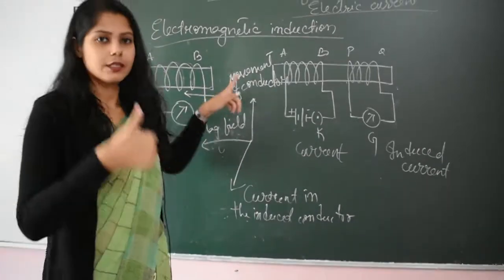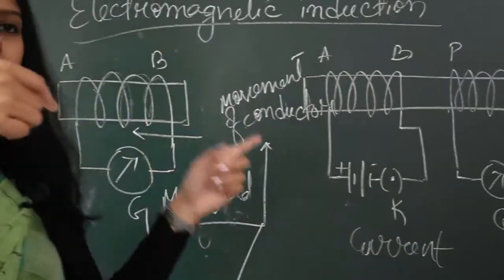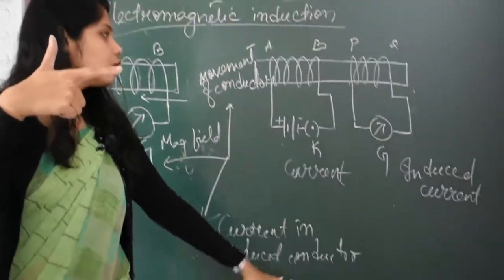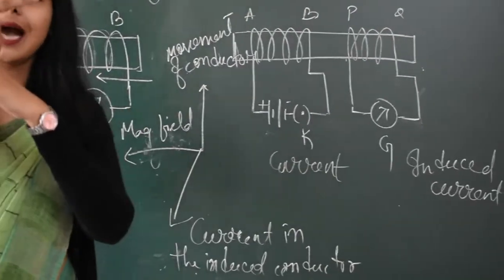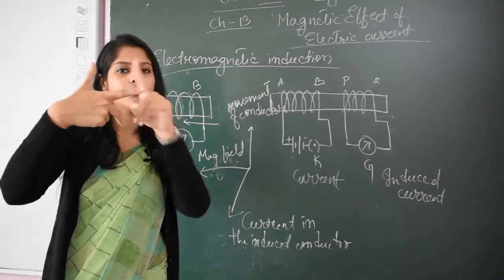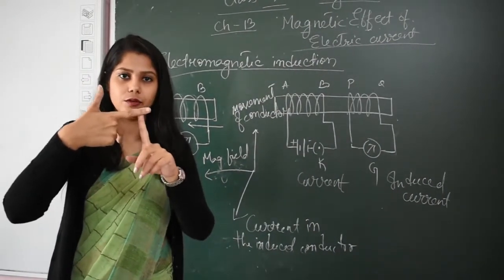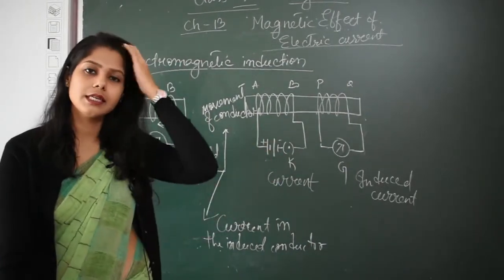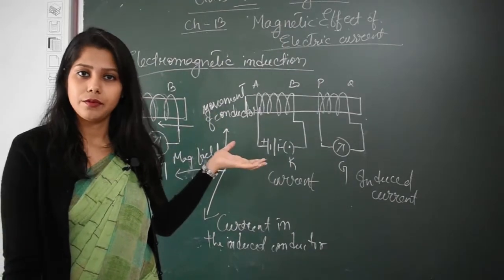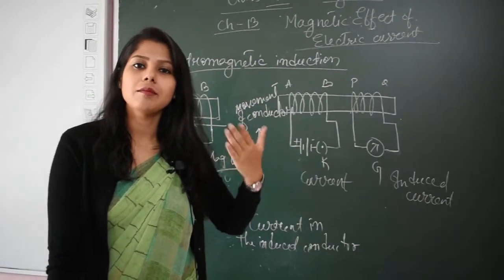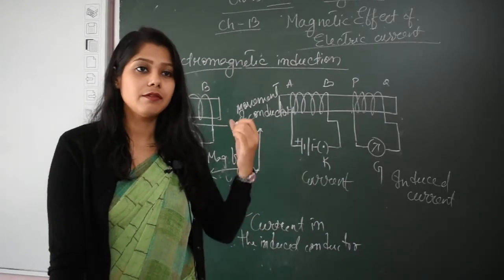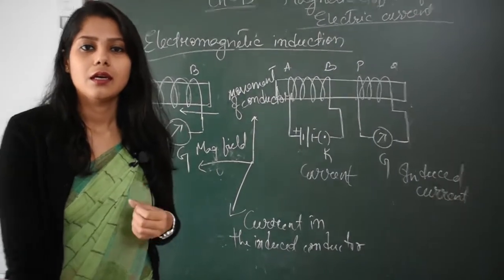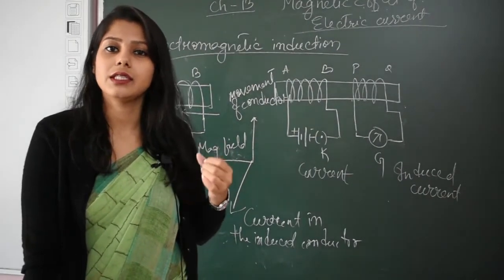If the movement of the conductor, the thumb direction, and the magnetic field, the index finger, are perpendicular, then the current in the induced conductor is highest and it is also perpendicular to these two. So this is Fleming's right hand rule. With electromagnetic induction, as I said, I am not using a current beforehand. I am getting the current from some magnetic or mechanical energy, and with the help of this induced current, we will be seeing the principle and working of the electric generator.